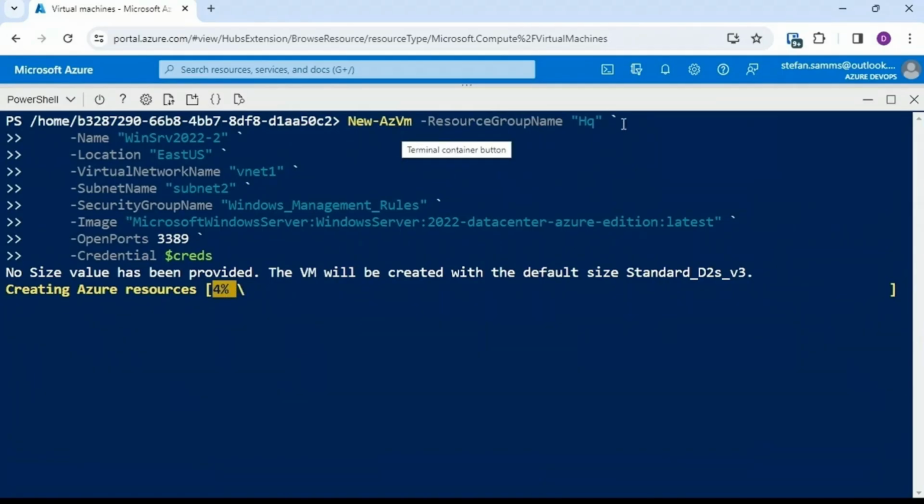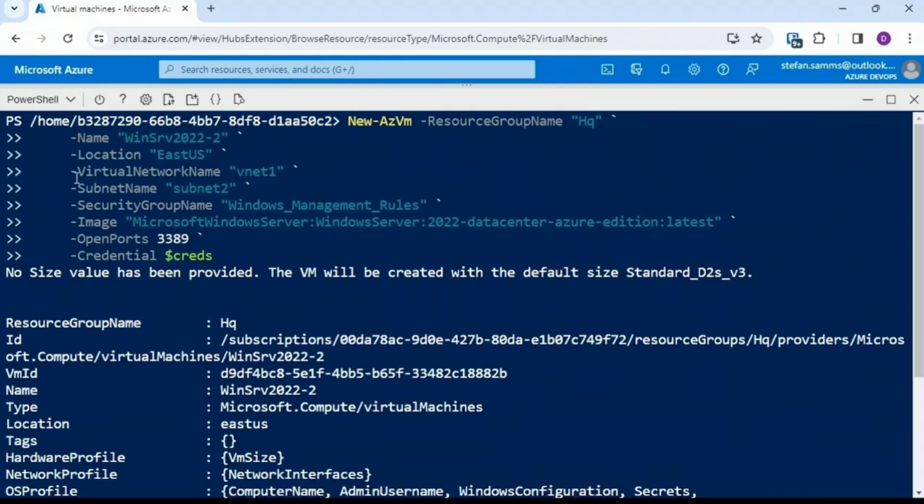Then I got a space and a back tick symbol. That's not a single quote, it's a back tick. You can usually get that on your keyboards towards the upper left of your keyboard. Then we have -name. I'm calling this WinServe 2022-2. -location is East US. -virtual network name is VNet1. -subnet name, subnet2. -security group name. I'm going to refer to an existing network security group that already has rules in it to allow RDP traffic. It's called